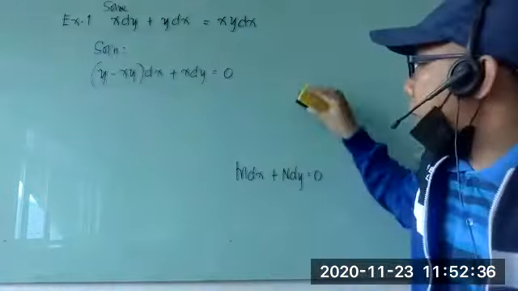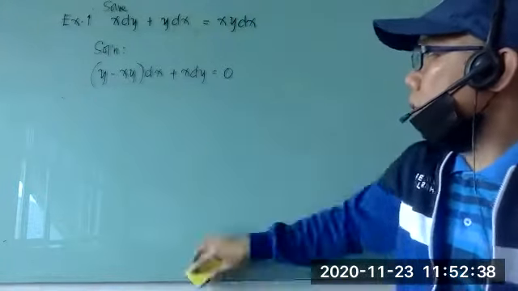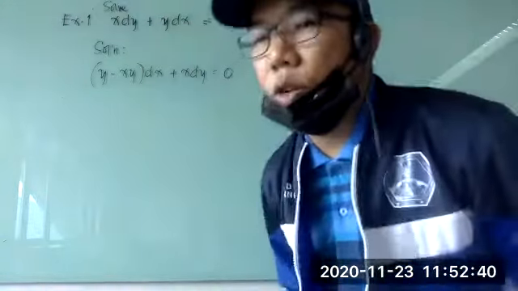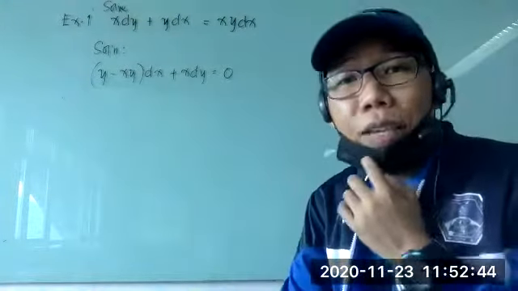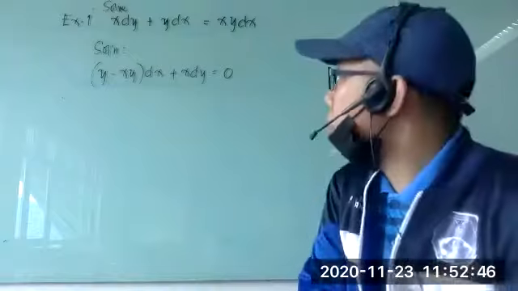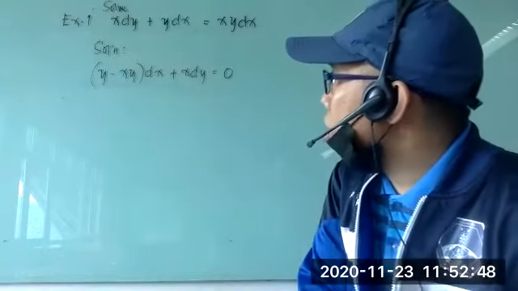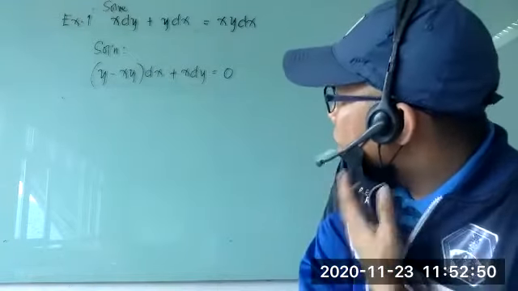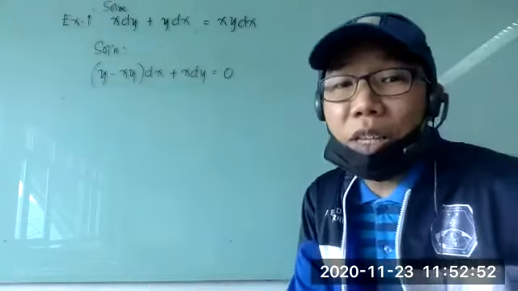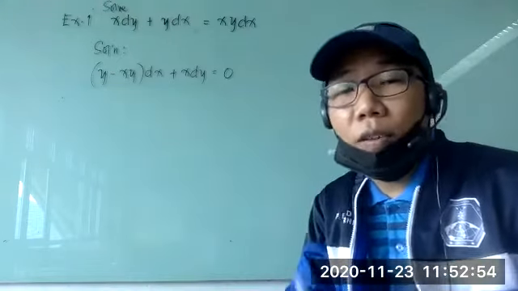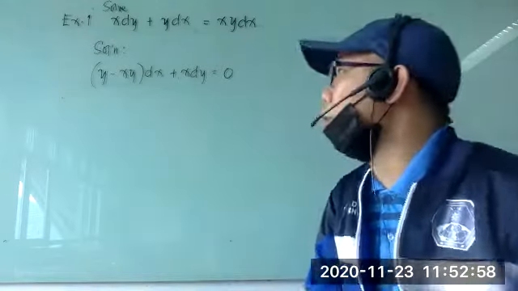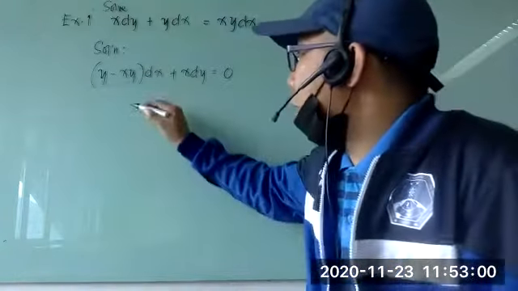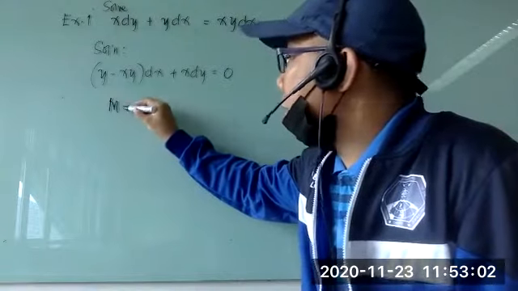Now that we have this differential equation, the next step is to test the DE for exactness. As you can see, this DE is, I think, a separable DE, but you can actually make this an exact DE if you are able to solve for the appropriate integrating factor. Now, we test the DE for exactness. Your M here is equal to,